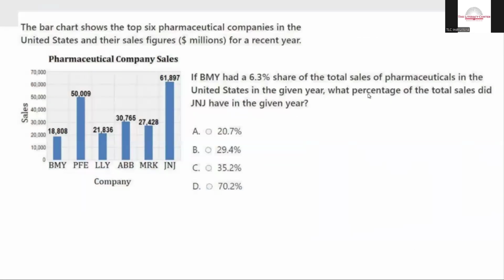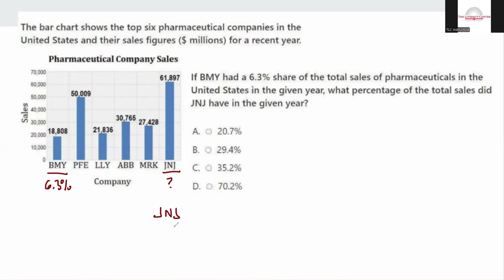The bar chart shows the top 6 pharmaceutical companies in the United States and their annual sales figures for recent years. If BMY, let's focus on the ones that they're talking about, BMY had a 6.3%, I'm going to note that down here, share of the total pharmaceutical sales. What percentage of the total sales did J&J have? So we're talking about the first one and the last one, and we're trying to figure out what percent that is. Well, the key here is that if we take the ratio of the sales,